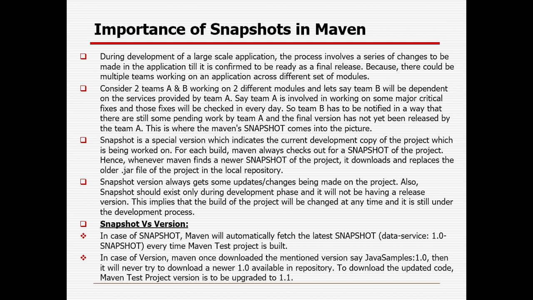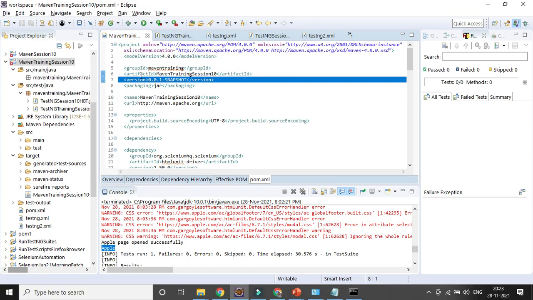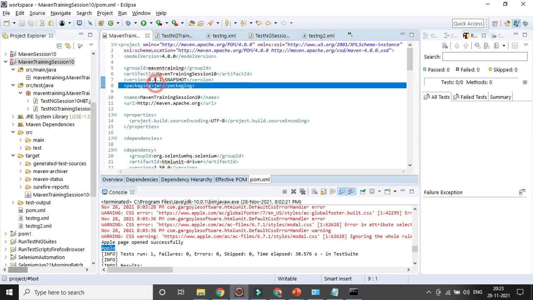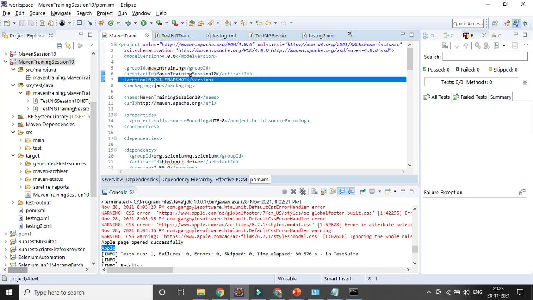So this is the basic difference I have tried to give between the snapshot and the version, because most interviewers will ask this question, because you will never have seen that part, right? So you could say that whenever you are creating a project, group ID, artifact ID, and packaging format will be there, but the version will always be snapshot, because if you are working on that project, it's not delivered, right? Though you are packaging, the package is still in snapshot version. It is not ready for delivery.